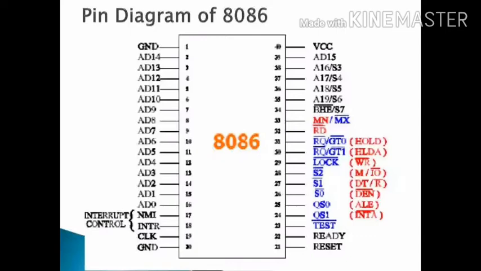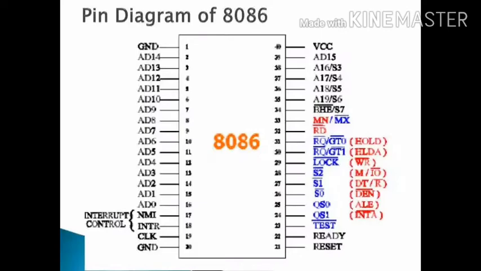So S3 and S4 pins can be used to indicate the segment register. Which segment is to be used for accessing data will be indicated by S3 and S4. So if S3 and S4 both values are 00, then the ES extra segment would be accessed, and if S3 is 1 and S4 is 0, then the stack segment register would be accessed,